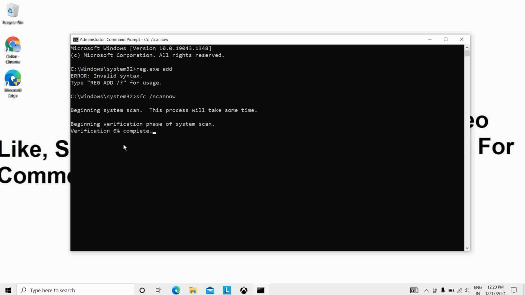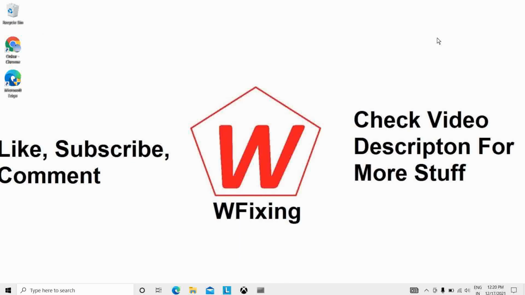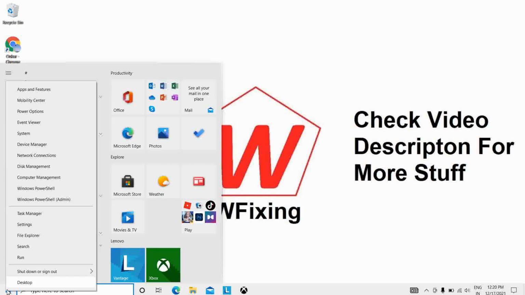After that, I will stop this because I don't want to verify my PC. My PC is currently working very fine. I was only opening that command prompt to show you. So I will close this. Again, we have to right click on the Windows icon.